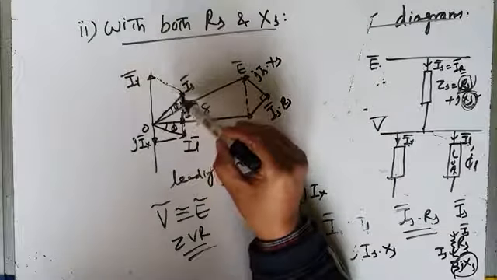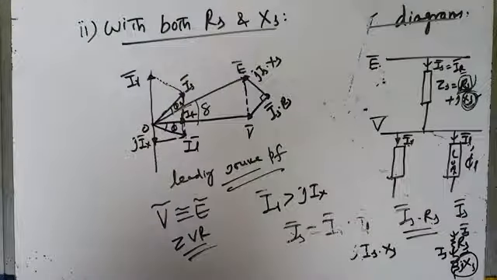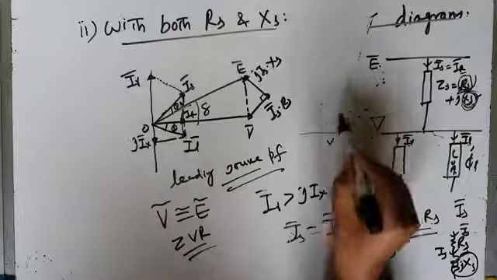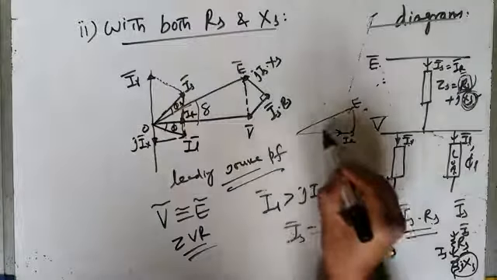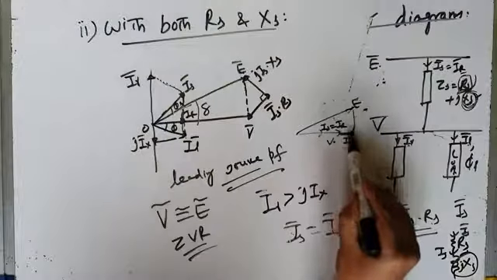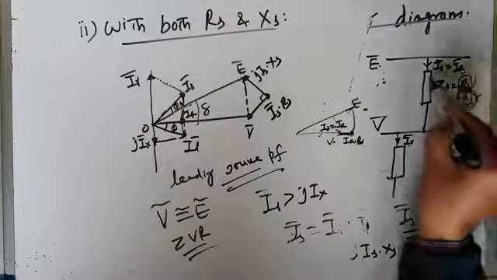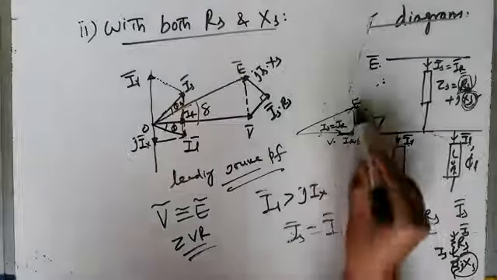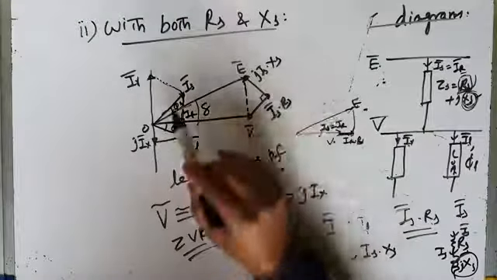So the problem for zero voltage regulation is this: if the controller does not keep the source current leading, and keeps it at unity as in the previous case of unity power factor operation, then if this is V, the ISRS drop will come here, so your E will be slightly greater than V for unity power factor operation. No doubt IS will be equal to IR and you will get unity power factor, but this voltage drop through the resistive part of the impedance will cause E to be slightly greater than V. So if you want E exactly equal to V, then the source current should not be at unity power factor, it should be at leading power factor.